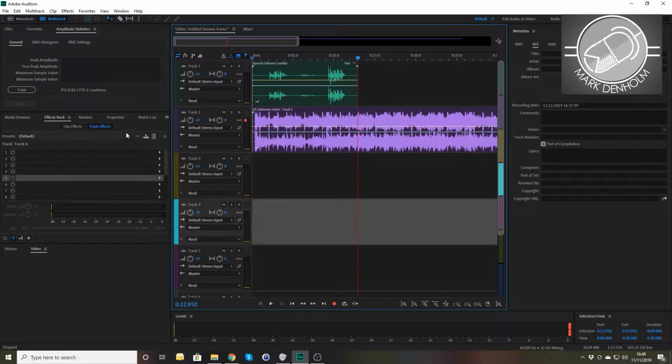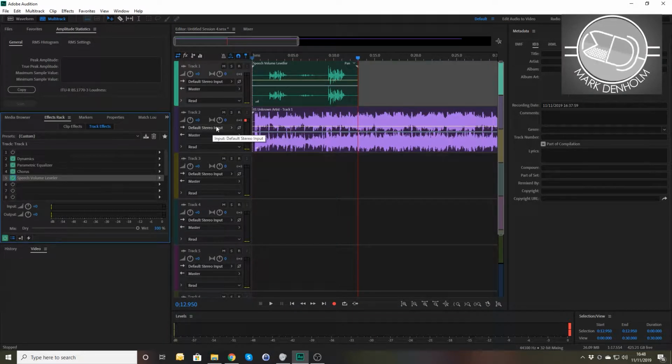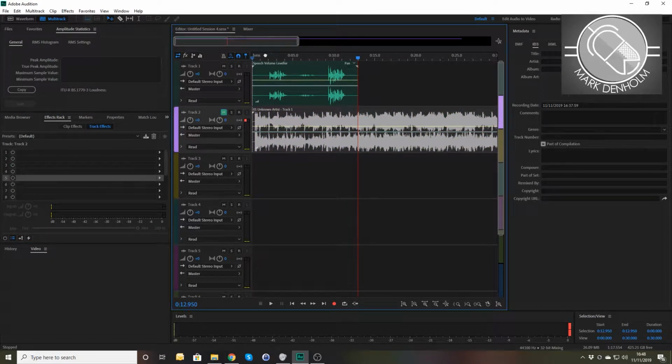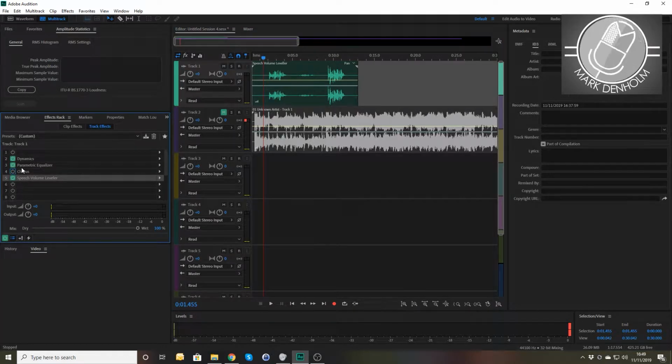So there you go. There's the speech volume leveler in action. Just mute off this for a moment and I'll show you the differences in the speech volume leveler. So let's go back. Track 1, take off the chorus just so we're working with